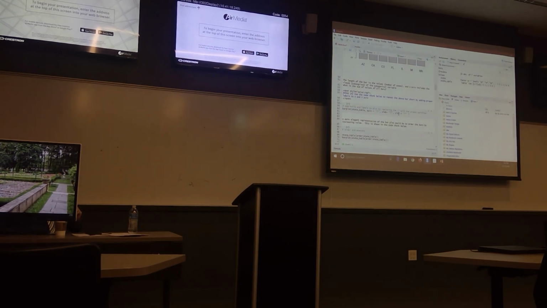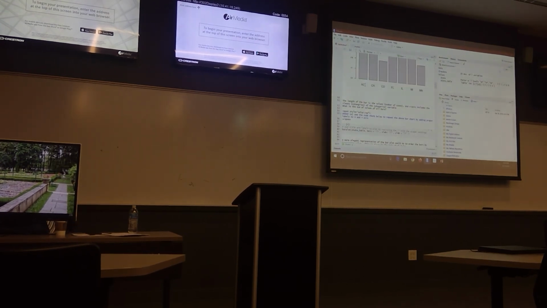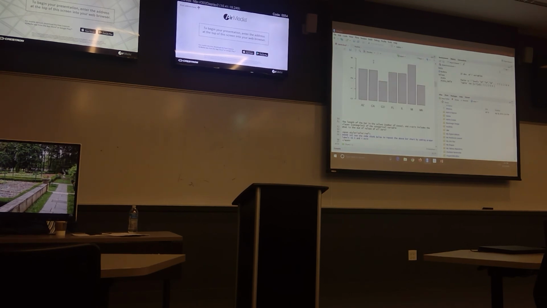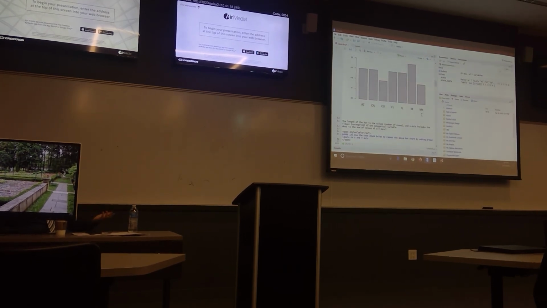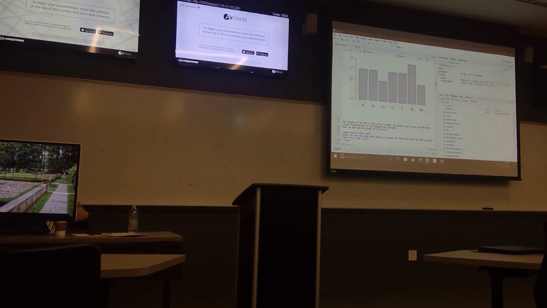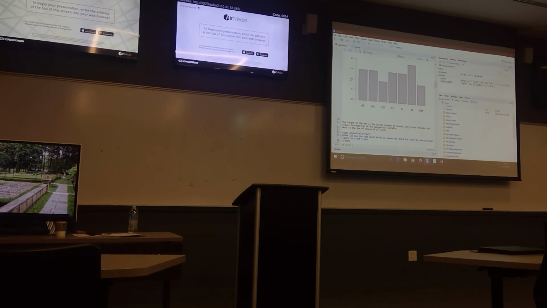Xlab and ylab will give you the opportunity to have a title for your axes. This is the x-axis and this is the y-axis. You want to call this one maybe states, or state's name, whatever you want to call it, and here you can say number of cases or frequency, whatever you want to say.